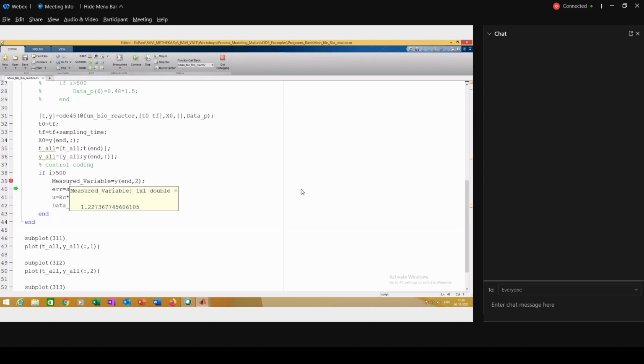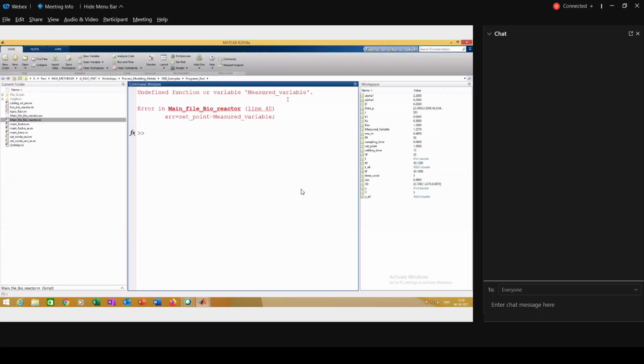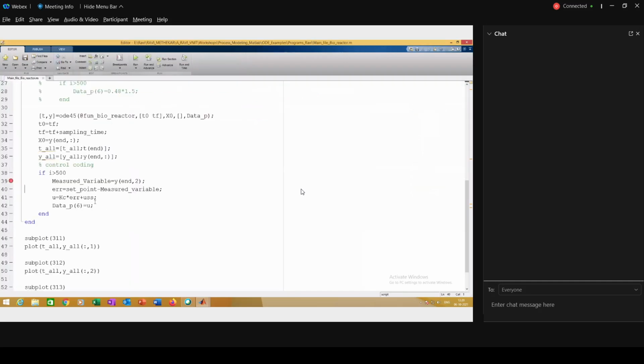So I got the measured variable as 1.227, got the error, and define function of measured variable. Fine.